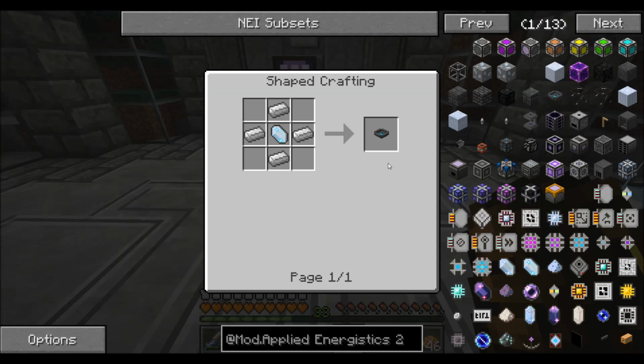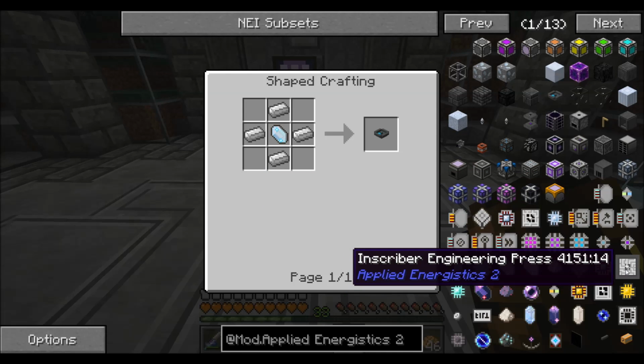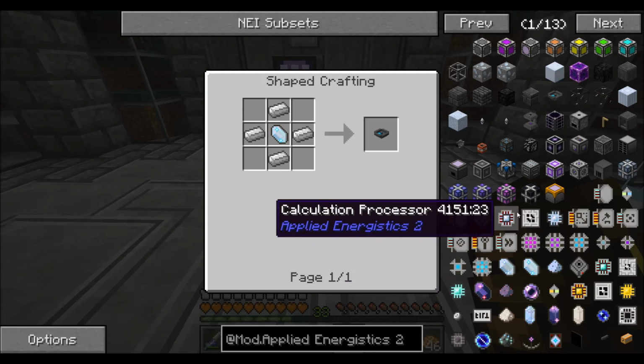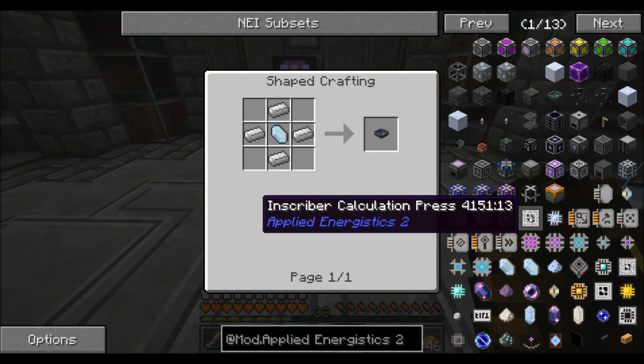But basically what you want to do is find the big meteorite on the ground, dig down into the center of it, find the skystone chest, and then you want to find these guys, these inscriber plates, and there's 4 of them. There's an engineering, a logic, a silicon, and where is the other one? Oh, this one right here, calculation. So you need all 4 of those,